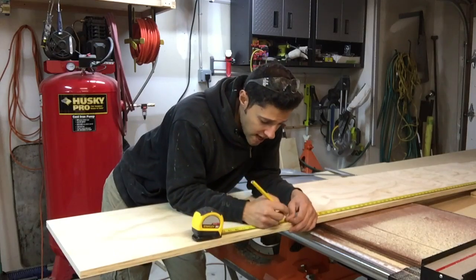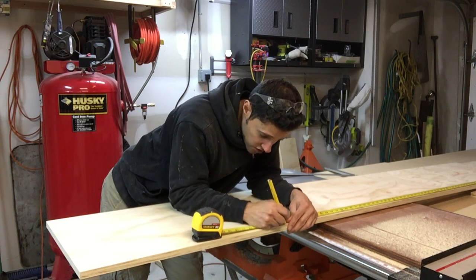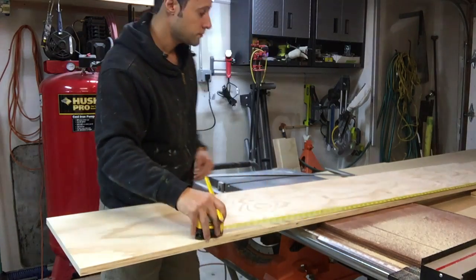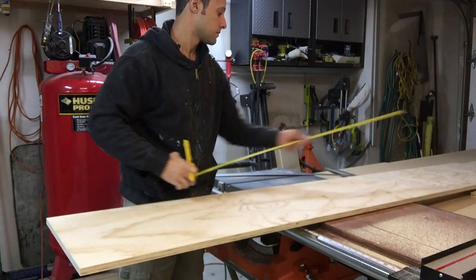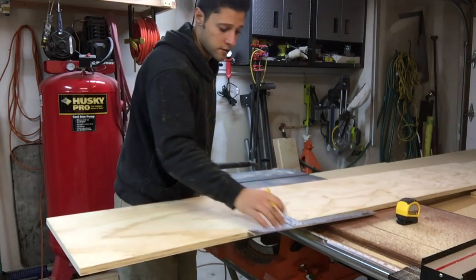I'm just going to mark these out now, just like we did the back, 71 1/4. Now I'm going to take a T-square,